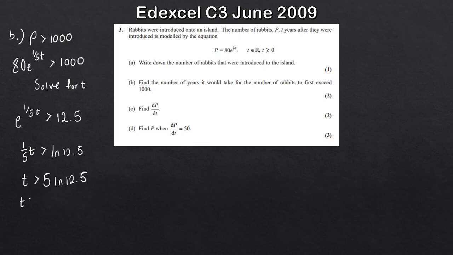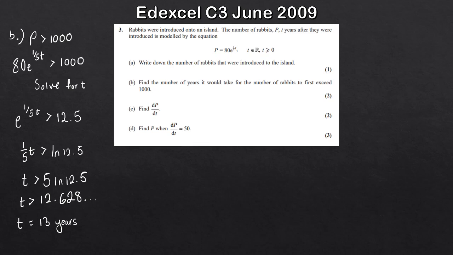this is approximately 12.628, and so on. So in that case, t, well, the actual value for t, the number of years, must be the next closest value to this 12.628, so that would be 13 years. Okay, so quite a long time